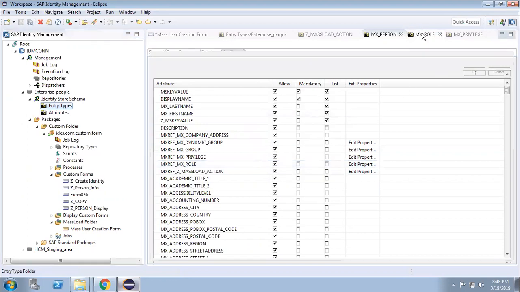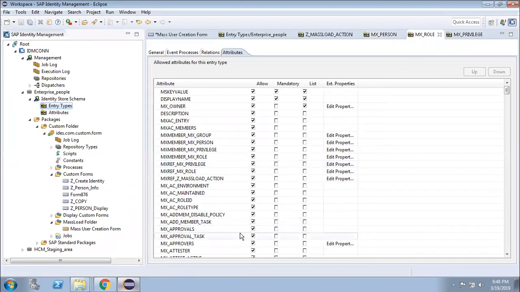But if I add any privilege to a user, what attribute will I select? mx ref mx privilege? No, mx member mx privilege.